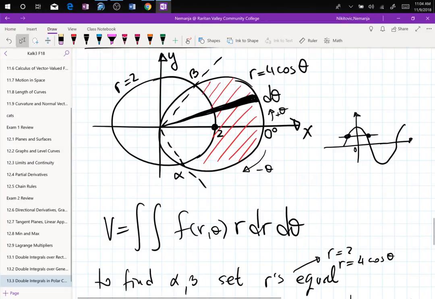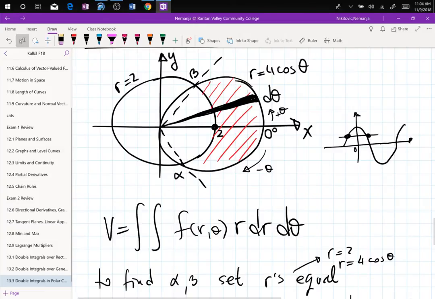So I hope as you're looking at these equations now, you're seeing x squared plus y squared, the whole thing is replaced by r squared, right? So that makes these equations not a problem. You also see e to the negative x squared. We know we can't integrate that, right? But if you change this into negative r squared,